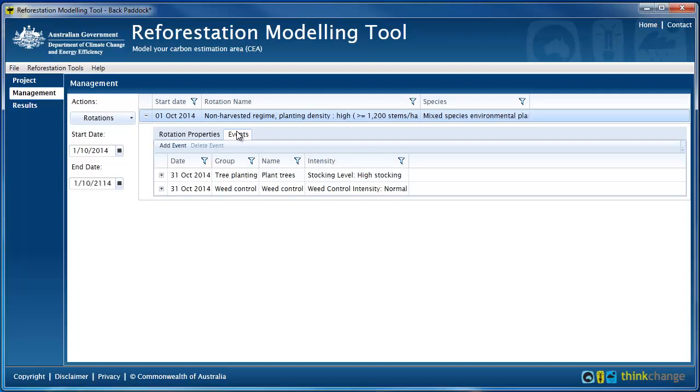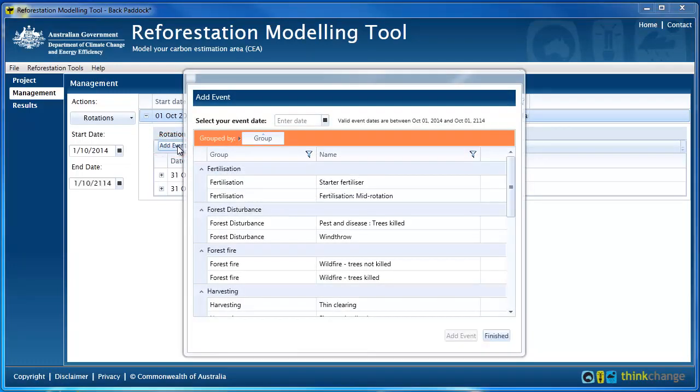When you go through the tool, you might be feeling adventurous, and there are many more options available to look at in terms of events. Events are, of course, different treatments that can be applied to the planting project. By clicking on the Add Events button underneath the Events section, I can add in a variety of management options such as fertilizer regimes and harvesting. Also, I can select events like forest fires or pests and diseases to see their effect on my carbon stock. These are important things to consider, so I recommend once we've run through the standard model, have an explore of their carbon effects for yourself, but I won't add any more in here.